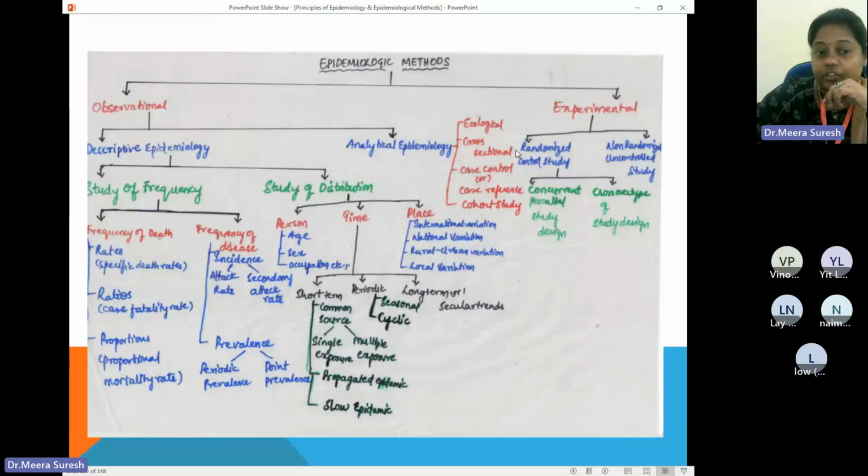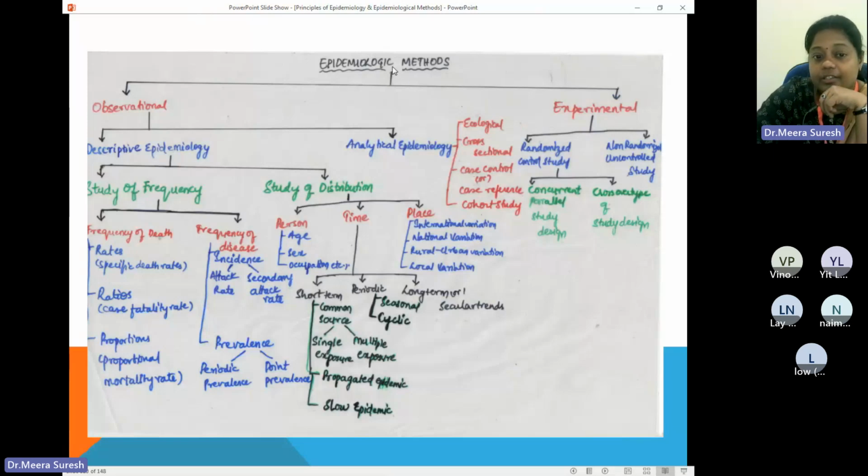But in observational studies, all that we studied over here, we are just observing and writing down what is happening. But when we go to the second classification, the experimental study, you are going to experiment on it. You are going to manipulate the exposure. If it is smoking people, then you are either going to increase the dosage of smoking, or you are going to decrease the smoking rate. So you are going to manipulate that exposure, and that is why it is called